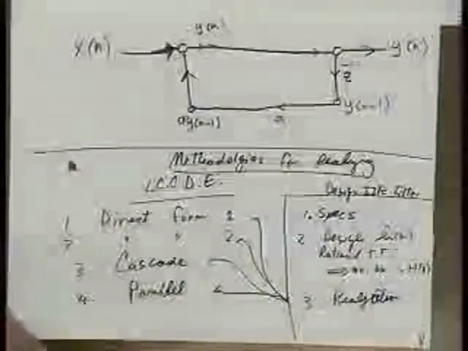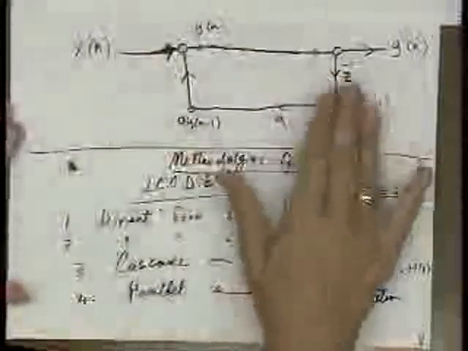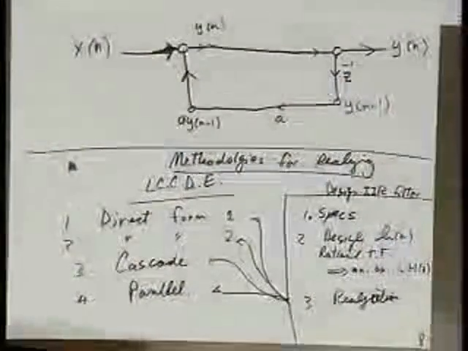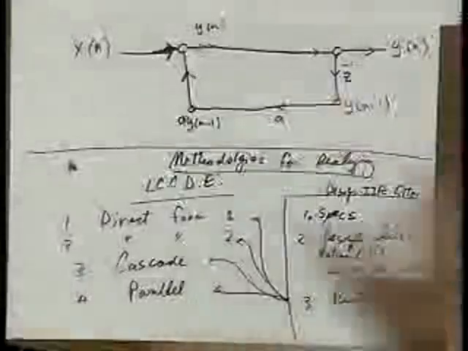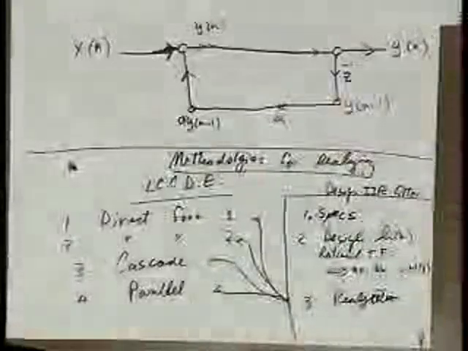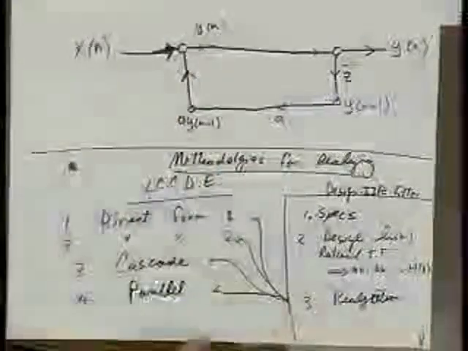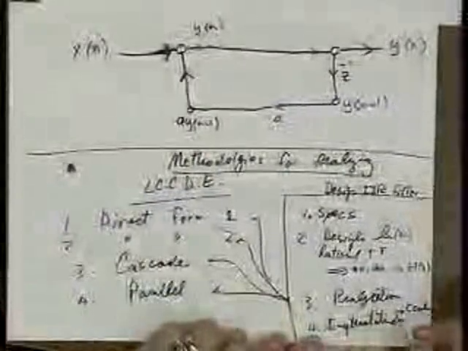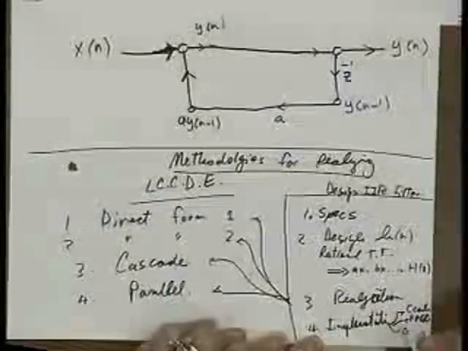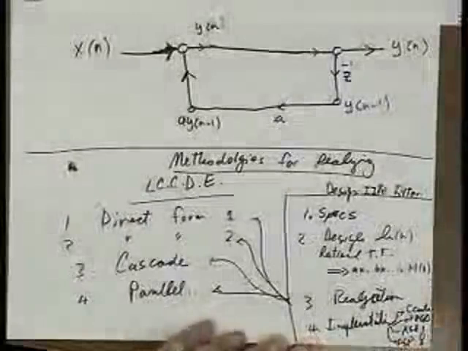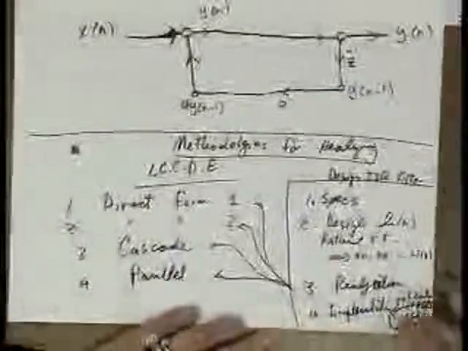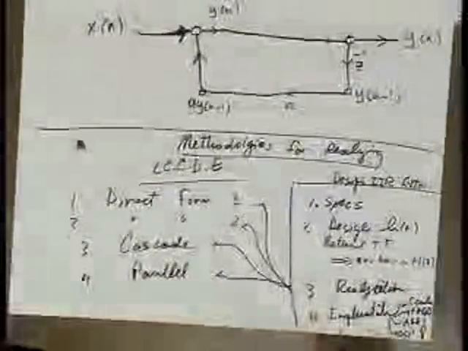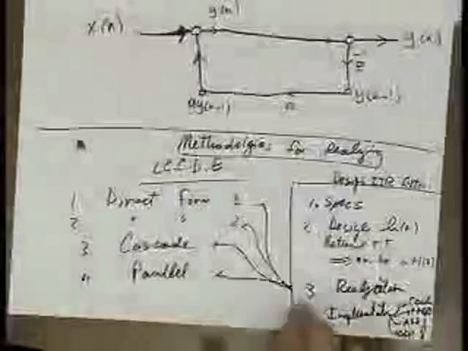You can implement it on a TI DSP chip. TI DSP chips have these functions galore available to you: delay, add, sum, multiply. Or you could implement it on, I don't know, an ASIC. You could go to Moses and fabricate and the whole shebang. There's many different ways of implementing any one of these realizations. So I would say step 4 is implementation. It could be C code, FPGA, ASIC, DSP chip, a variety of different things. Again, in this class, we don't talk too much about those implementation issues. But what I'm going to talk about right now is really step 3,